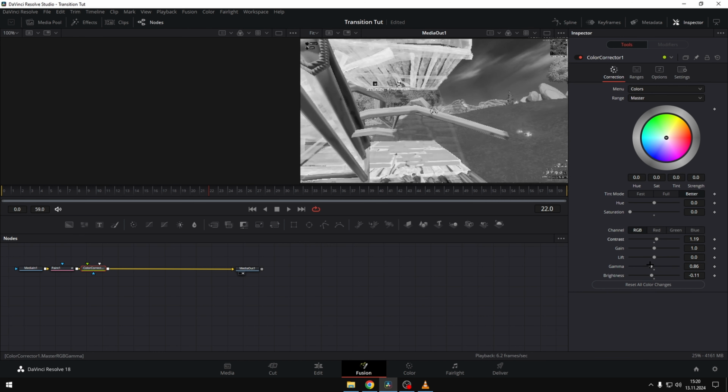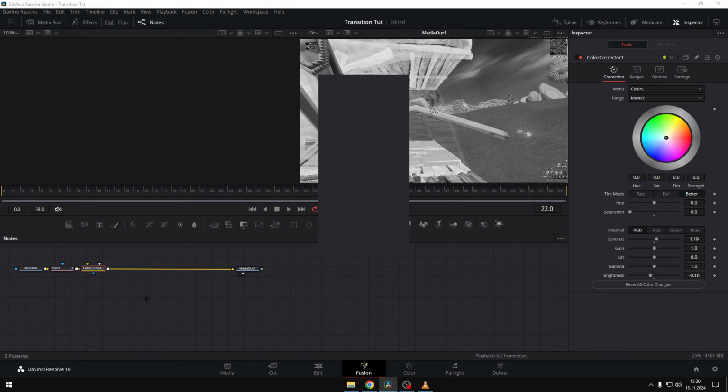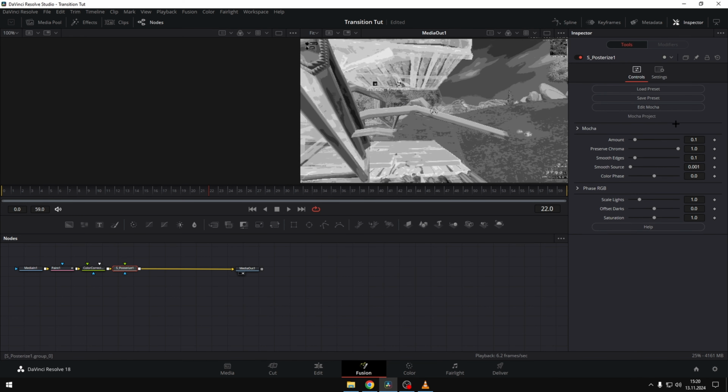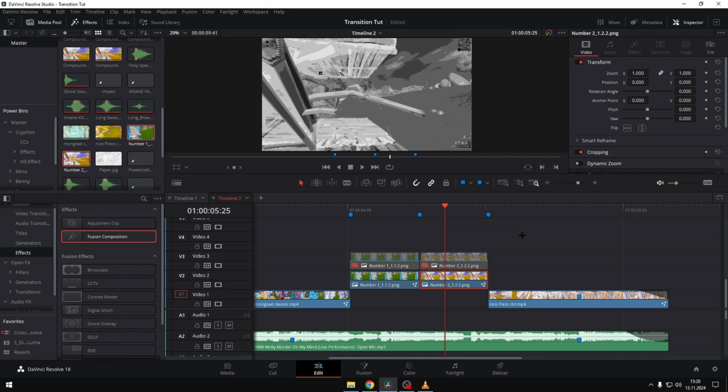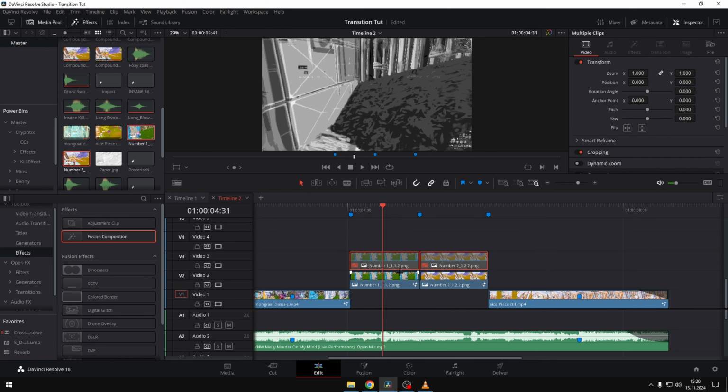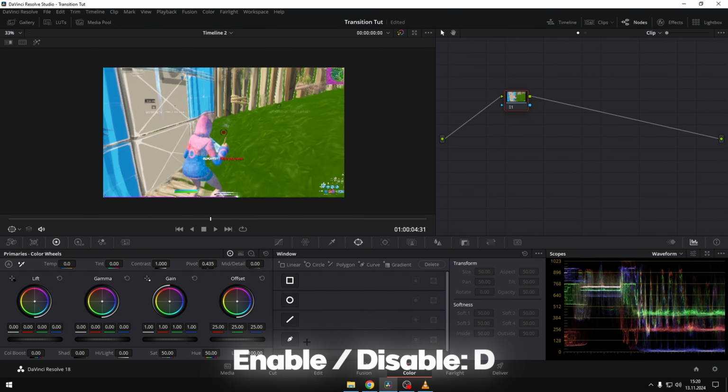And yeah, just like this, posterize, and perfect. Now you want to go and enable these both again, go with that into the color page,